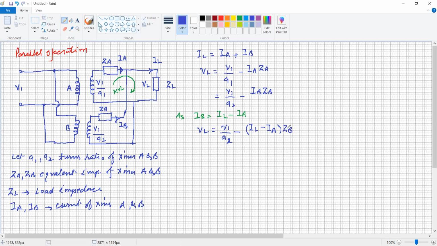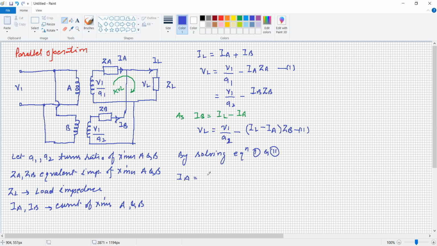Say this is equation number 1, and this is equation number 2. By solving equations 1 and 2, we get